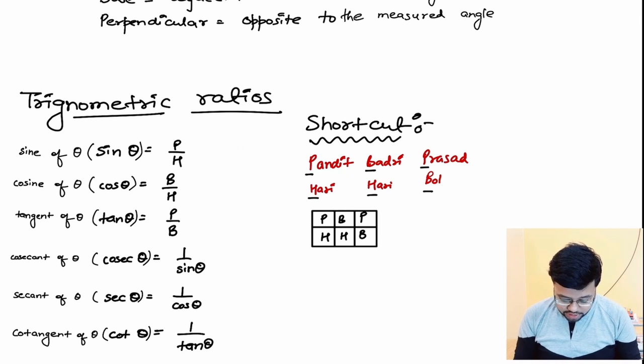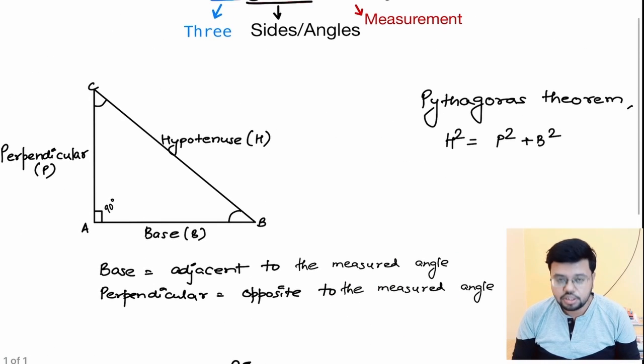These are the three basic ratios which were measured. Other than this, the other three are basically the reciprocals of the three I have mentioned above. The cosec theta is the reciprocal of sine theta, so it will be defined by h by p. The reciprocal of cos theta is sec theta, and it will be measured by h by b. And the last one is the reciprocal of tan theta, the cot theta, and that will be b by p. By measuring all six, we can measure the relationship between the angles and the sides of the triangles. That is what we have discussed earlier about trigonometry.